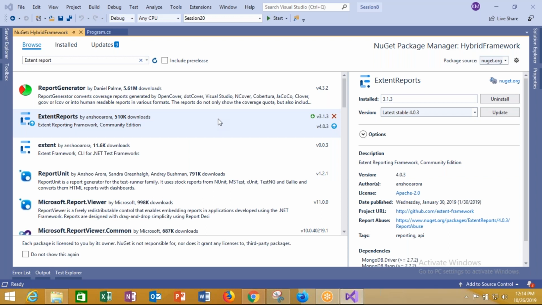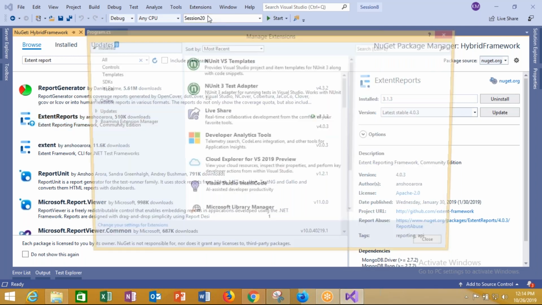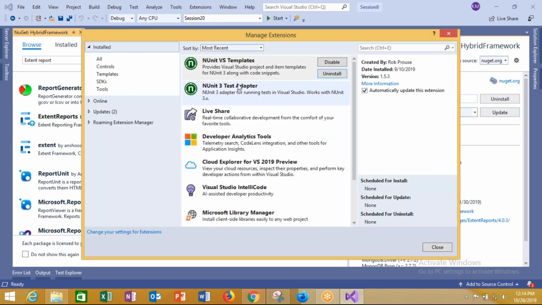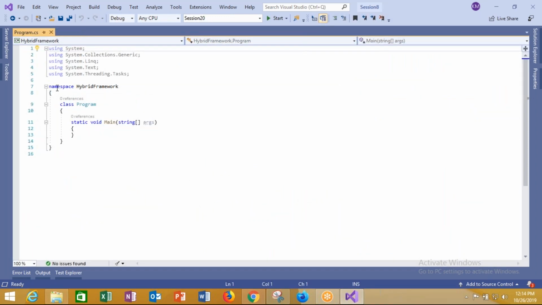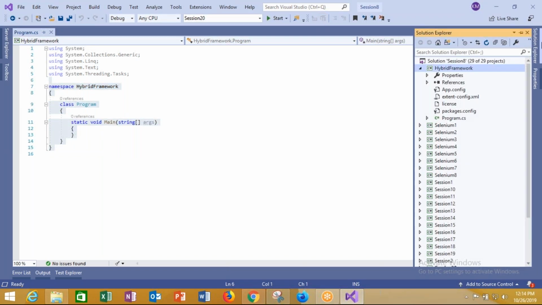So to install this, and NUnit, I have told you the extension is required. These are the two extensions of NUnit. NUnit 3, we're going to use that. Once it is done, I don't need a simple class file. I need a class file which will support the NUnit framework. So what I need to do is go out here,